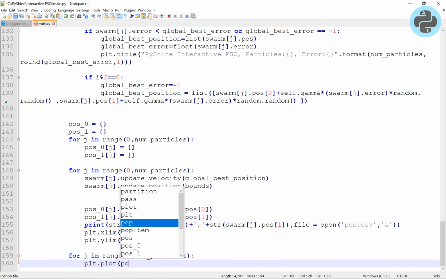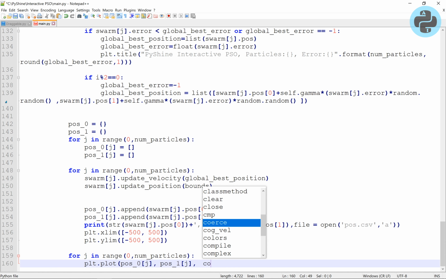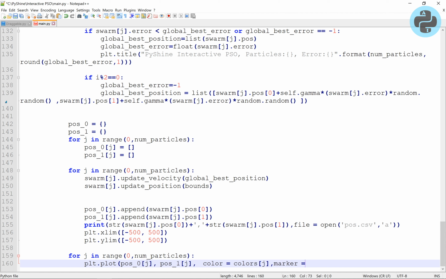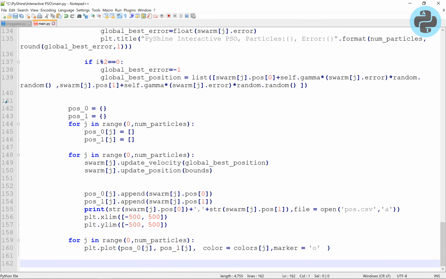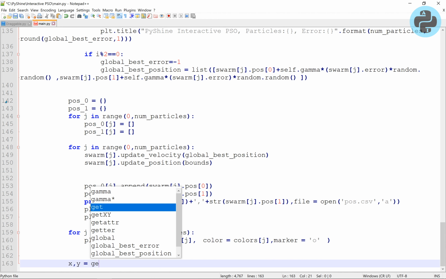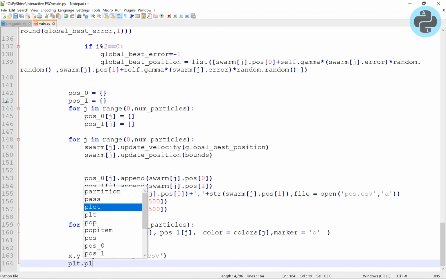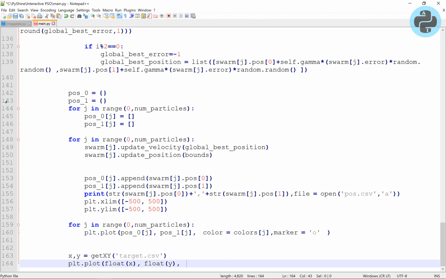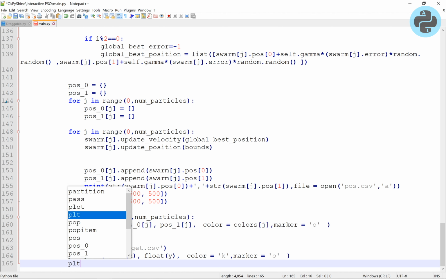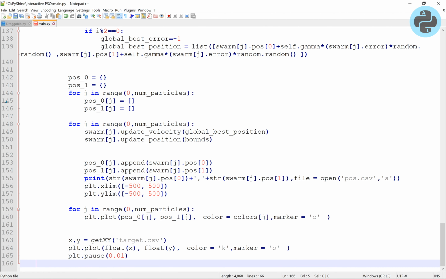Here, under the given limits, we plot each particle with a specific color. We will also plot the target as well.